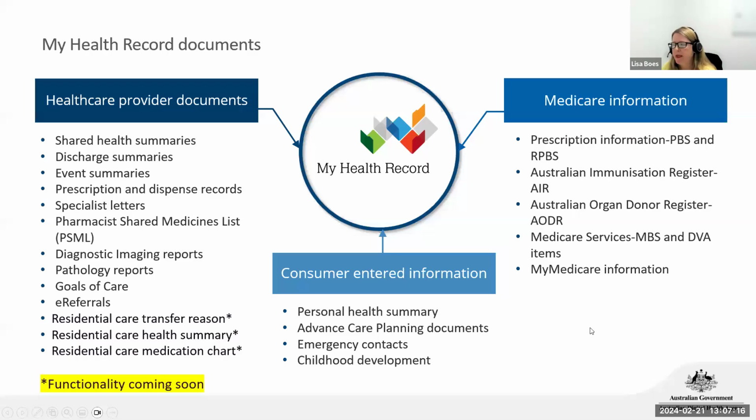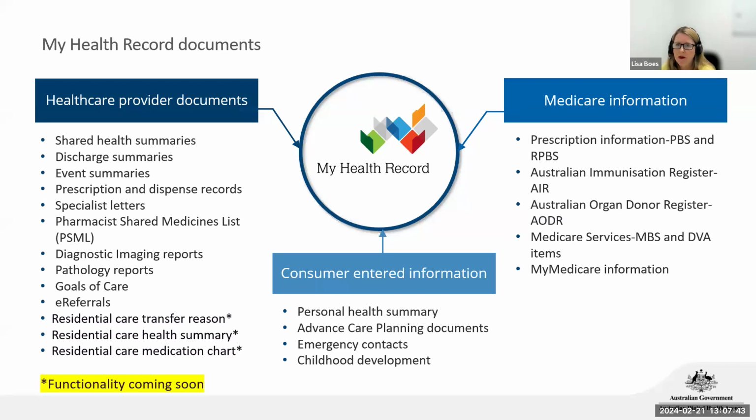So he's going to talk a little bit about the My Health Record documents. There are different types of documents held within My Health Record. This slide shows you the list of available documents in My Health Record. There are 3 sources of information that are entered into My Health Record. There are healthcare provider entered data, which are clinical documents such as health summaries, discharge summaries, pathology results, and specialist